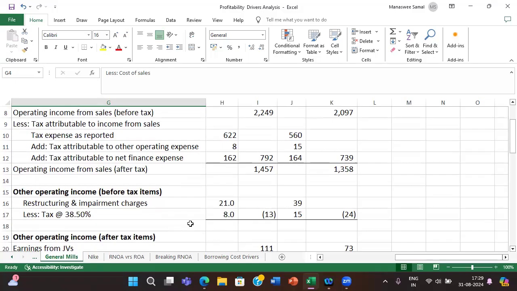Therefore, we are keeping it under other operating income. It is not an income, but we are interested in calculating overall other operating income, which for a company may be minus or plus, depending upon whether it is an expense or income. That should not bother you. The moment you bring this expense,